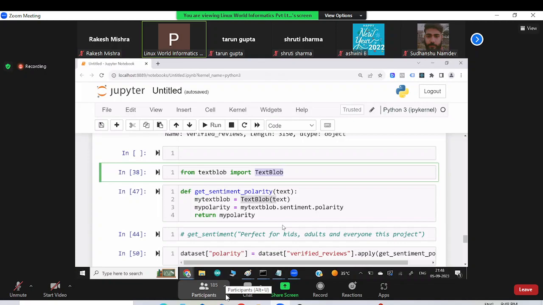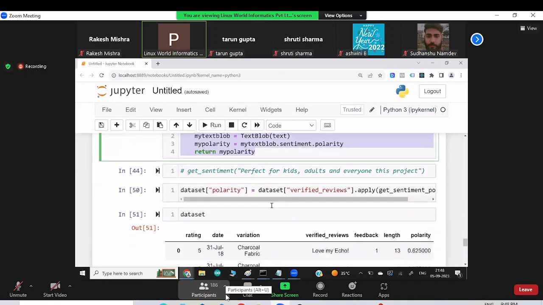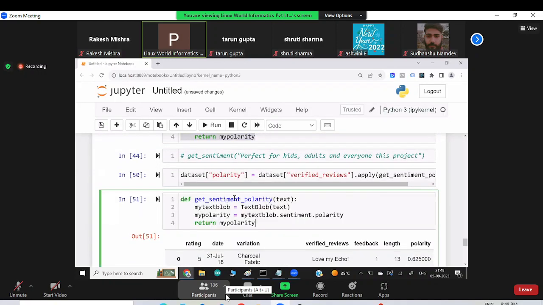have to use the subjectivity also sometimes. Okay, it's the same thing we can do with subjectivity. So I'm going to copy the same function, and instead of polarity, I'm going to find the subjectivity. Let me change the function name to subjectivity, and give a variable name, subj, and also change the variable name.